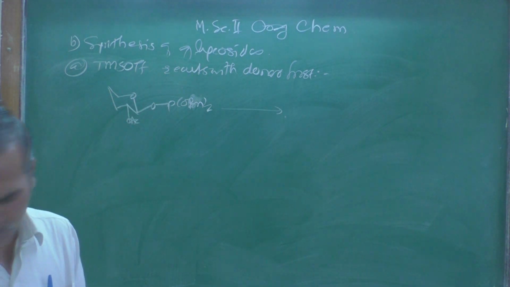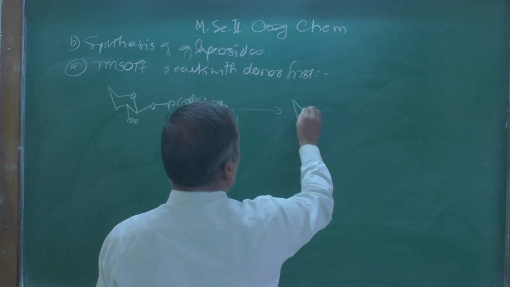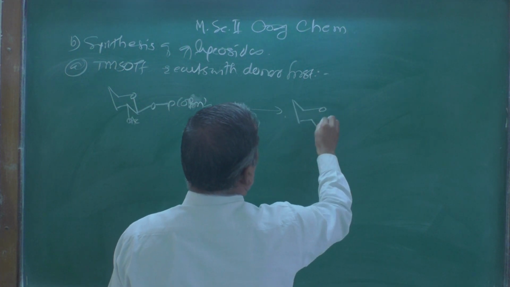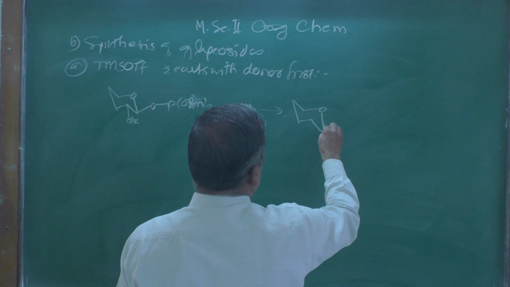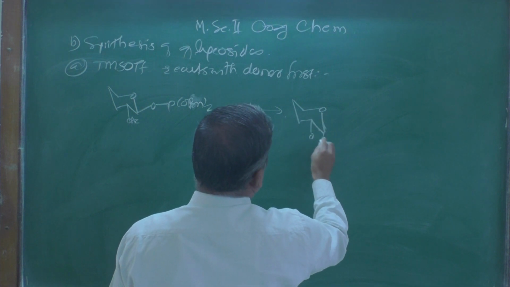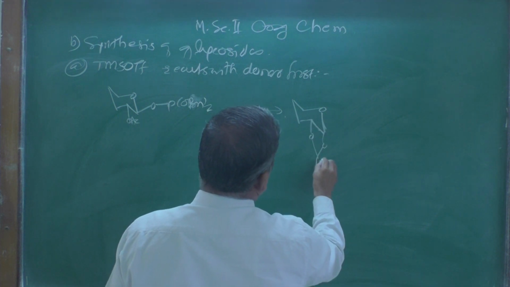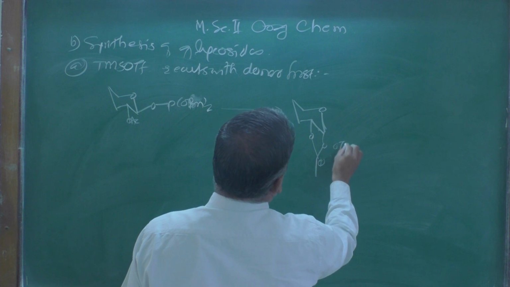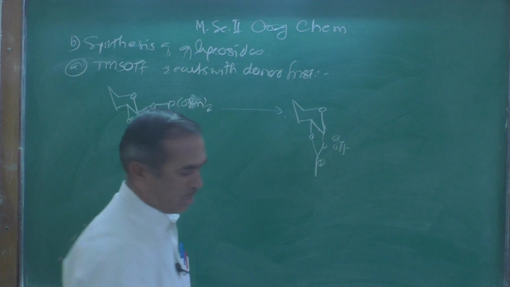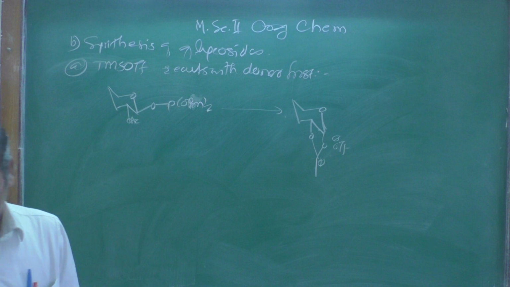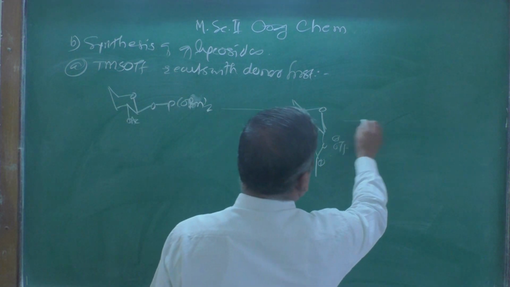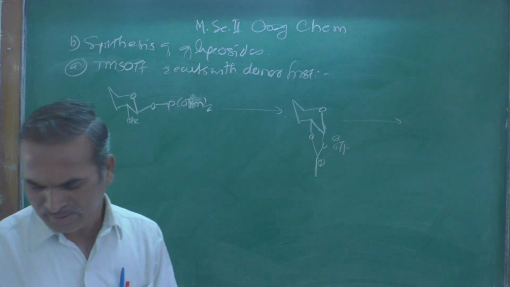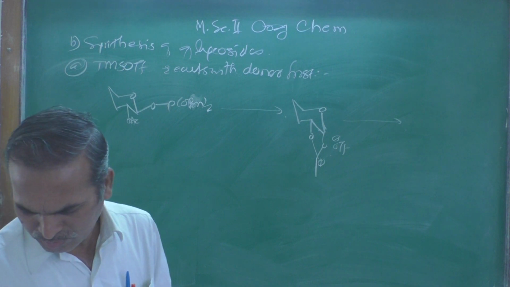TMSOTf. What does it give? It gives this type of the structure over there, O, then O. Here is a positive charge, OTf minus, this type of the salt is formed there, and when this salt is further treated with TMSOTf,